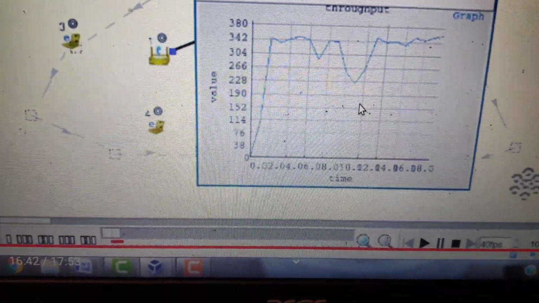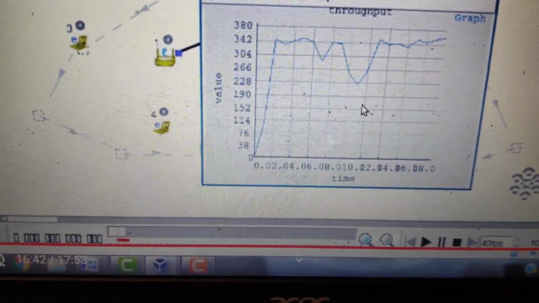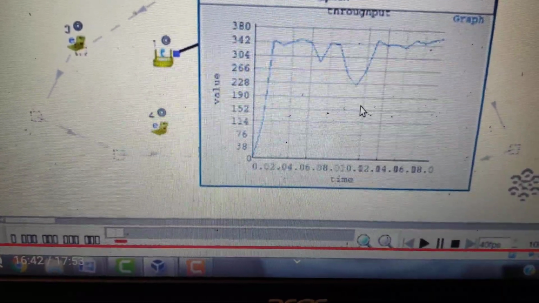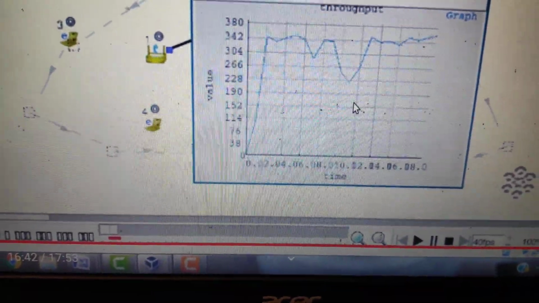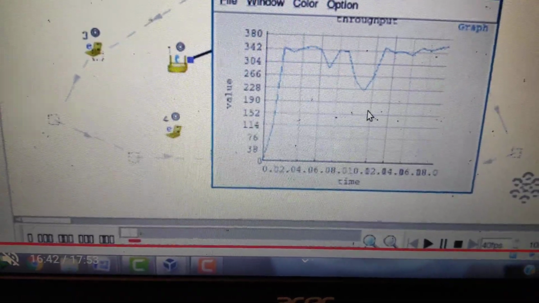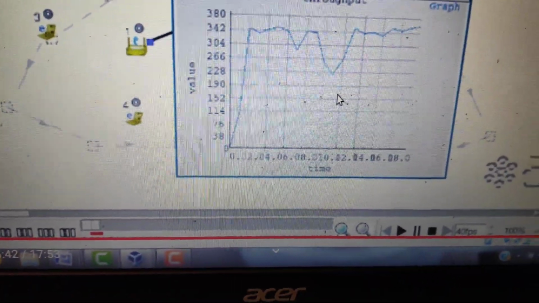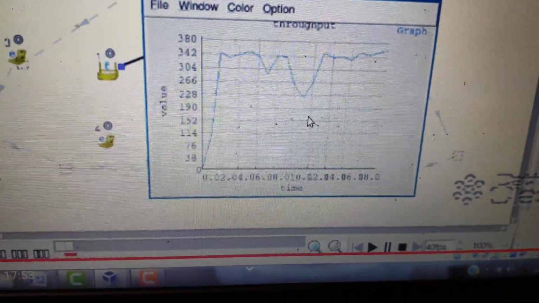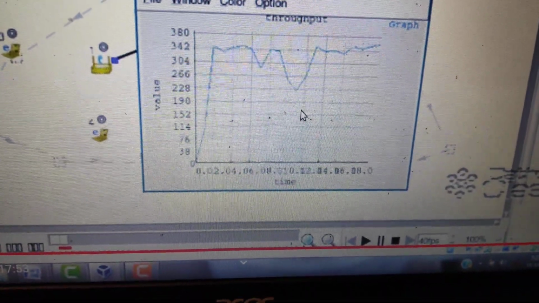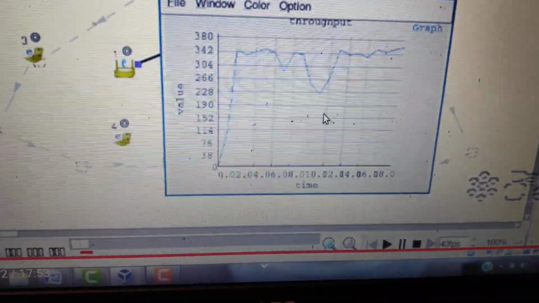The router acts as a recipient of the information from the access point, and as a transmitter of the information to the source. And by enabling the corresponding throughput files, we can analyze the performance by plotting the throughput logs. So this is how we are doing the experiment.